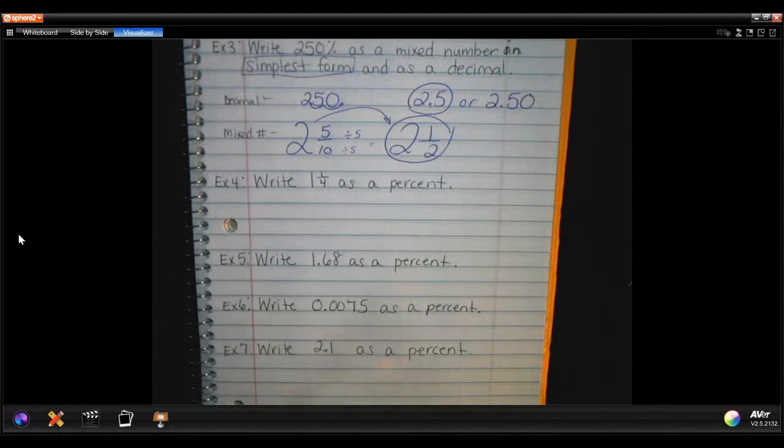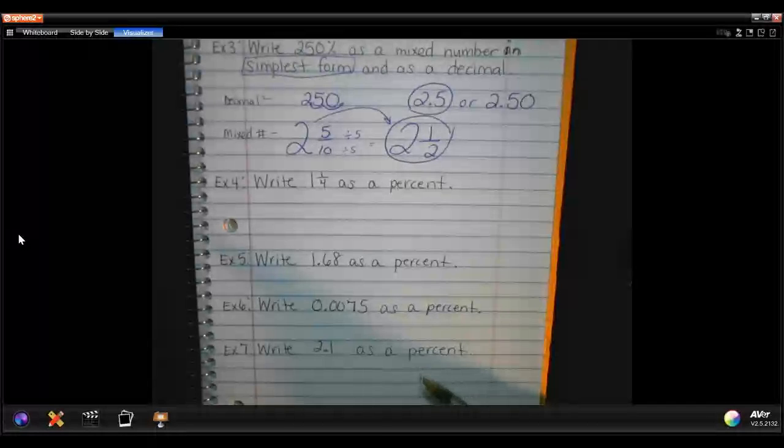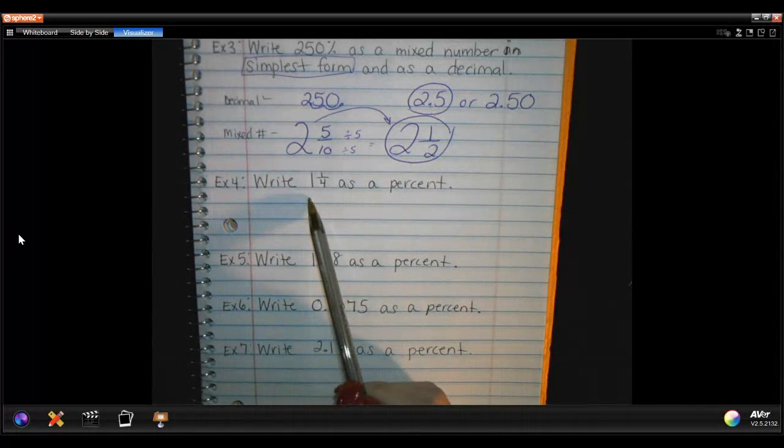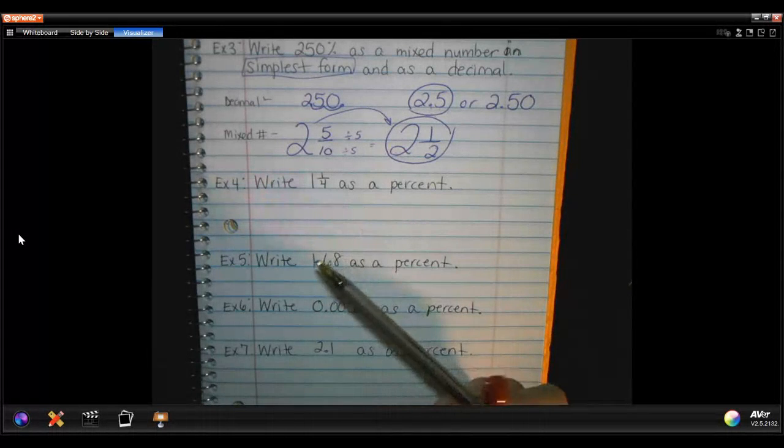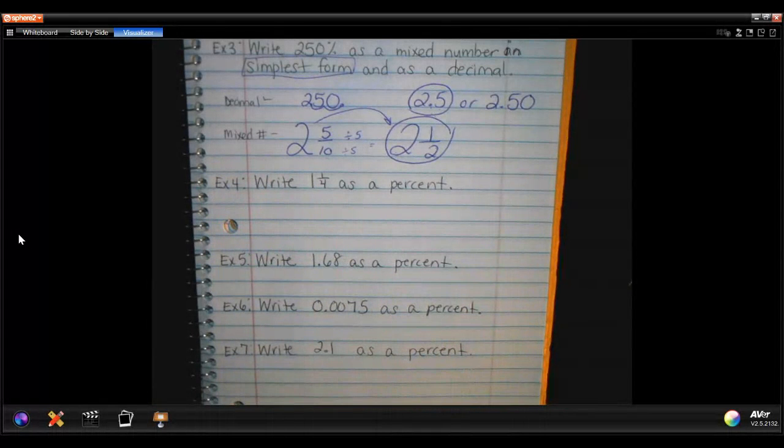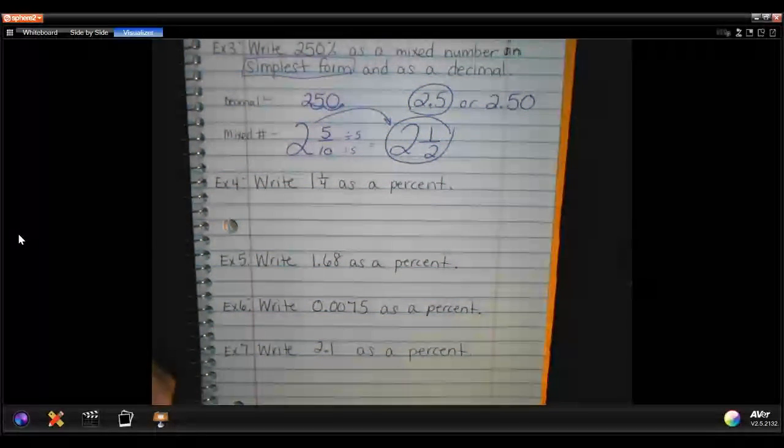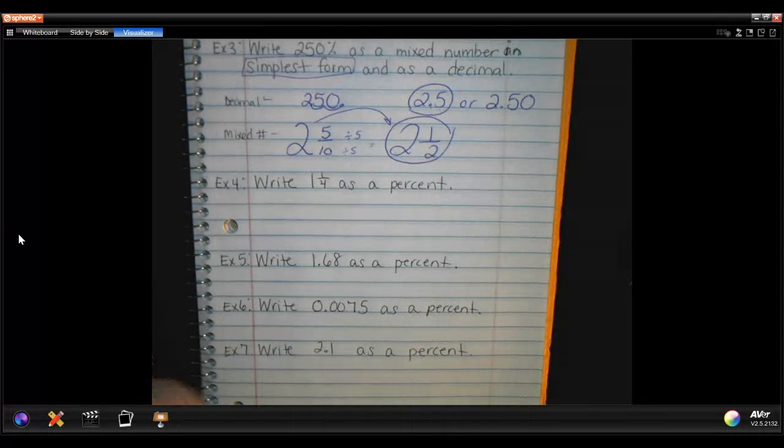Now we're going to be changing fractions and decimals into percents. Okay, now I can't just say this fraction, 1 1/4, is 1 1/4 percent. Okay, there's a few things I need to do here. The first thing I need to do is make it equal to 100. So there's 2 things I can do here. I can say